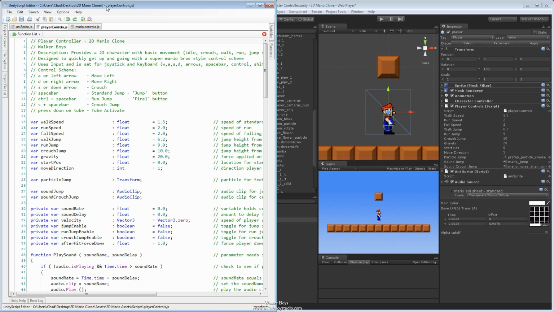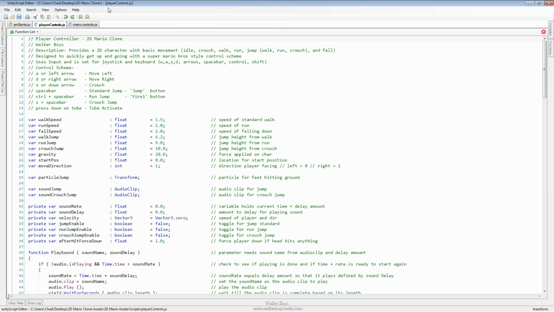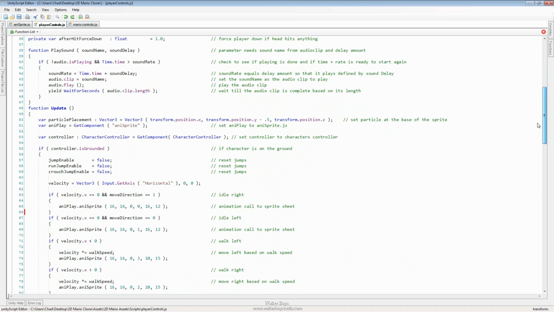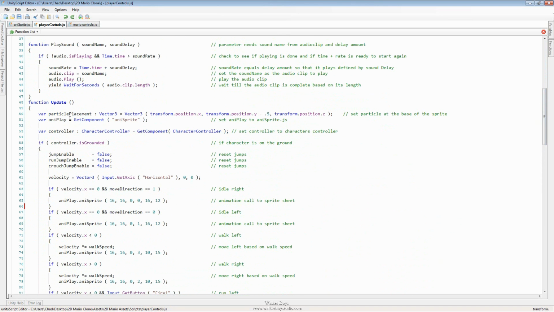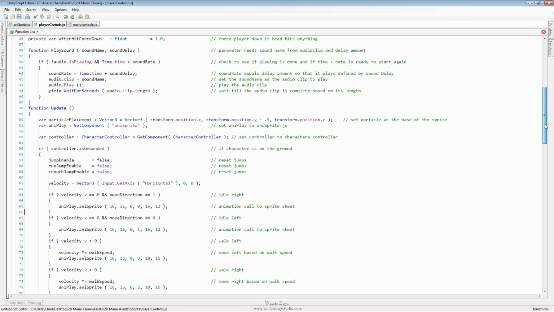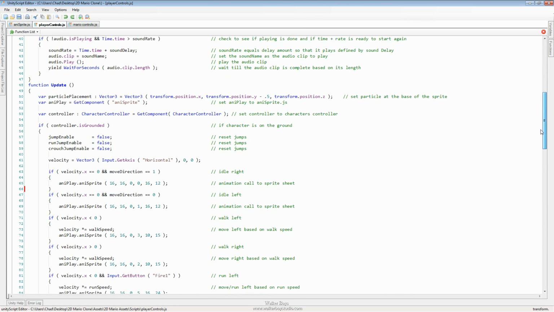Let's go ahead and just go through the code real fast, make sure you've seen it all. So I'll just leave this part up on the screen and then just go down a little bit so you can see each part. Alright, so again, we defined all the variables we needed. Inside, we created the sound function so we could use it very easily throughout the code. And then inside the update function, we just placed a lot of if statements that we were using, but as